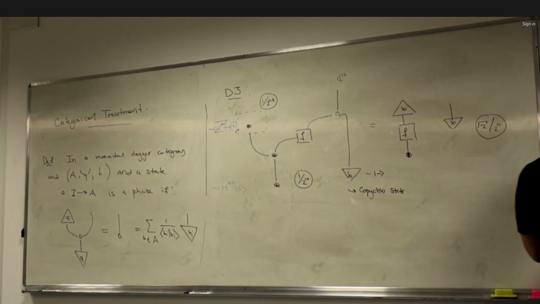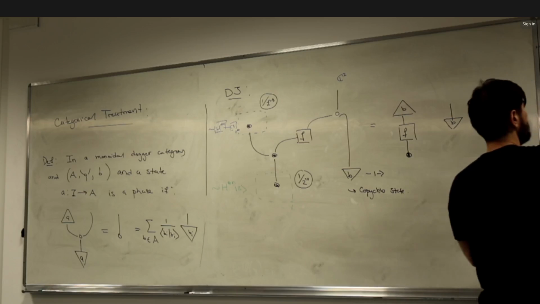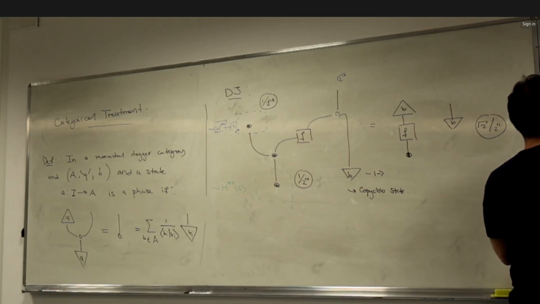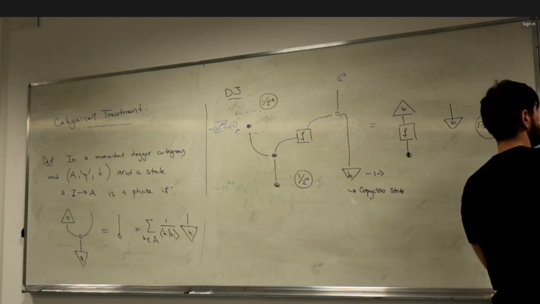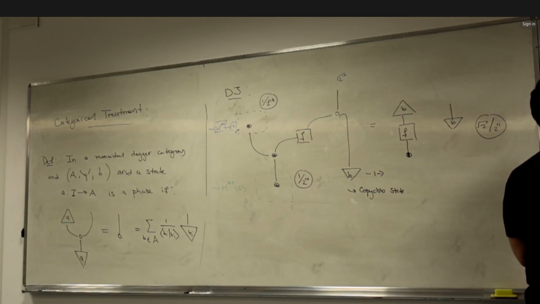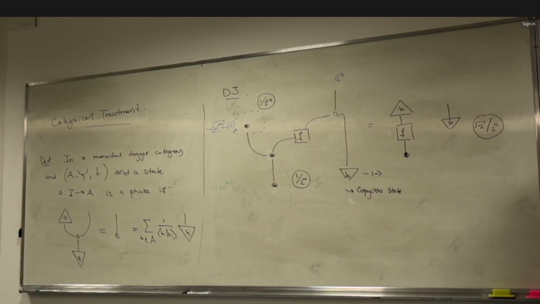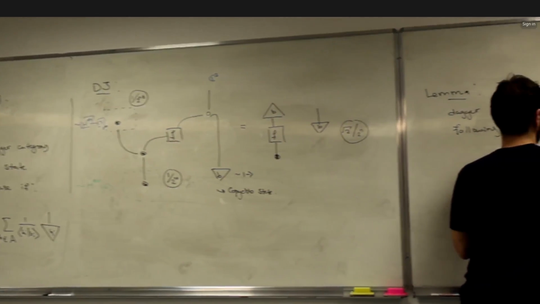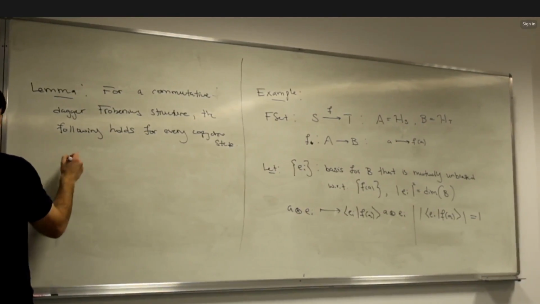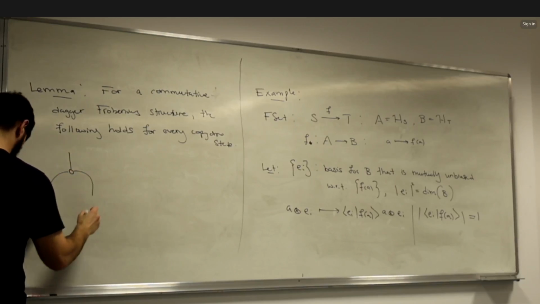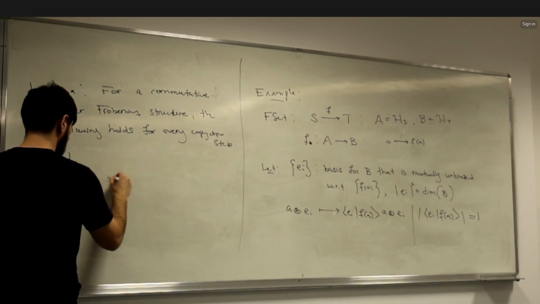So for a commutative dagger Frobenius structure, the following holds. For every copyable state, it's the following. We have something like this, equals